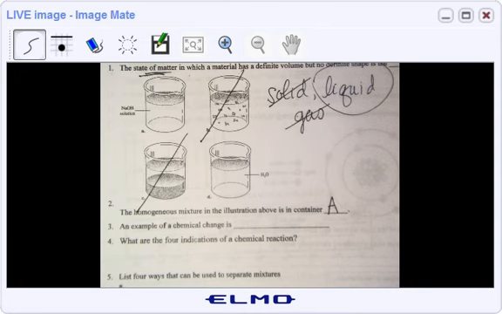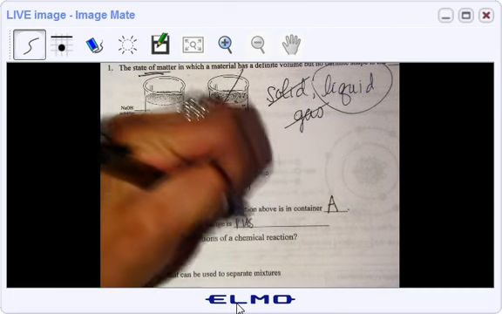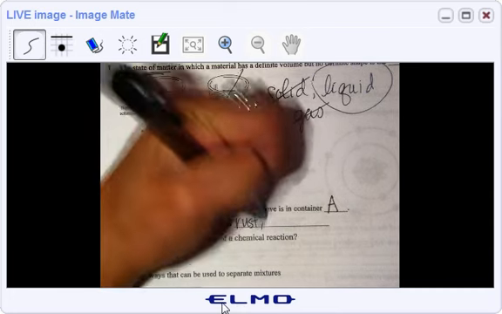Number 3, an example of a chemical change. There's lots of examples of chemical changes. They happen all the time. You could have put rust, milk going sour,